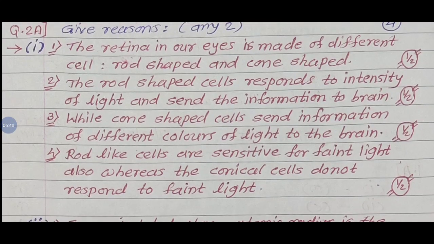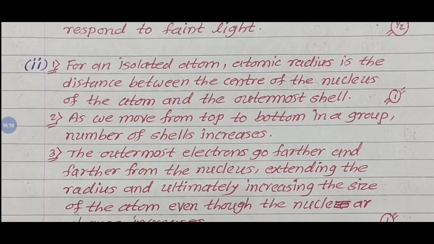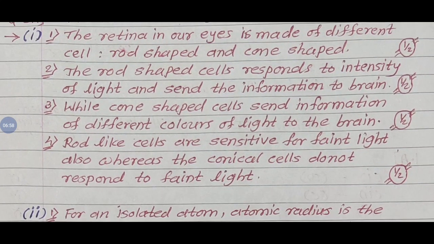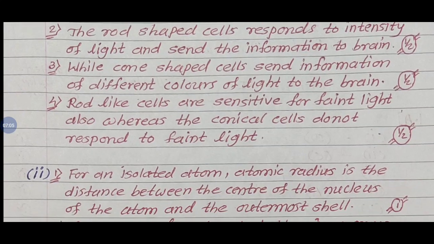And fourth point, rod-like cells are sensitive to faint light also, whereas the conical cells do not respond to faint light, and that's why we can sense the color in bright light only. Second, so marks are shown. Four points are related to this question, so each point carries half a mark, 2 marks